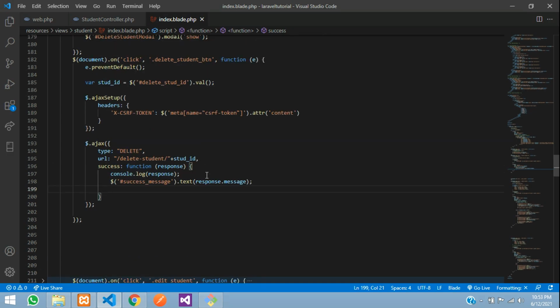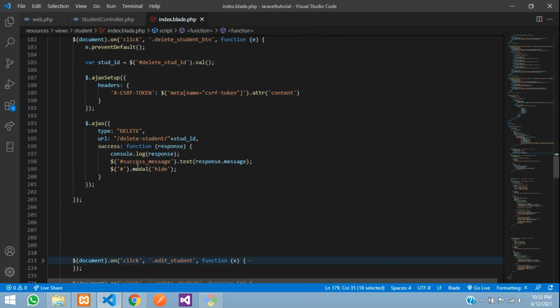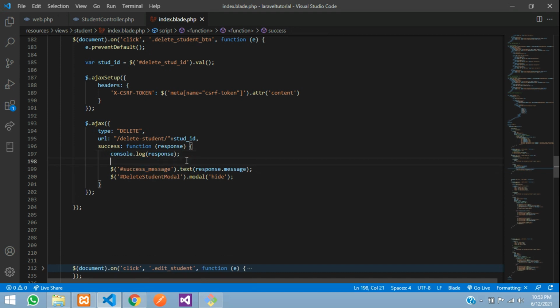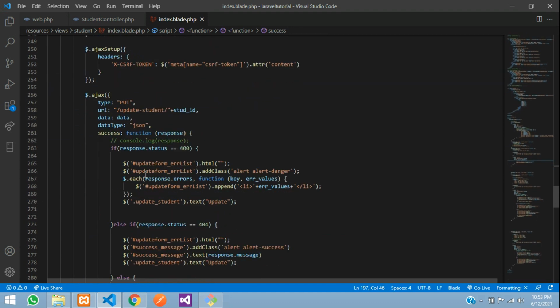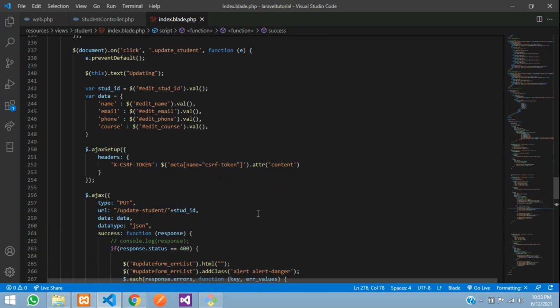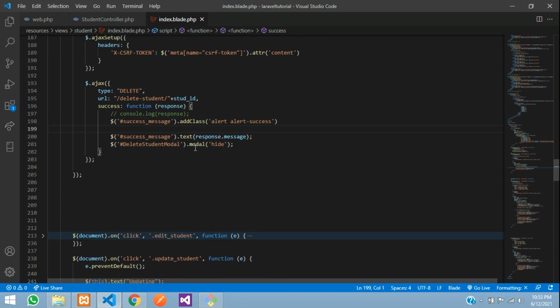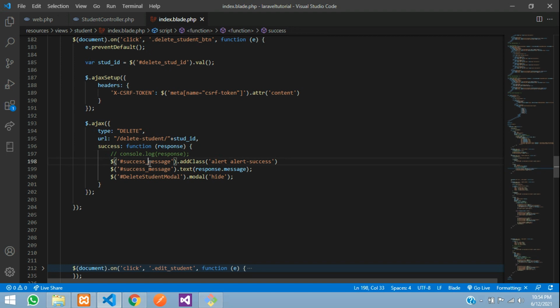For that guys, you need to just add modal, where you are going to tell hide, and which modal you are going to hide, the delete modal. So let's copy that, the student delete modal, paste, and let's design this success message. It's a simple div tag, right? Let me just comment that. Let me just copy from below. Good guys, let me copy and paste. So this is my success message where I'm adding a simple class to that and showing the message over there.